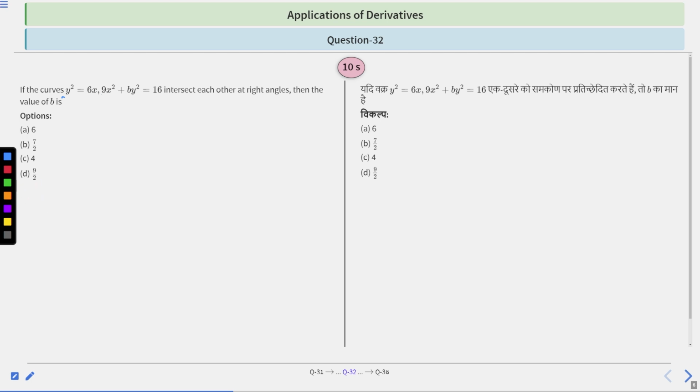Got it? 9 by 2. Okay, let's move to the next question. Question number